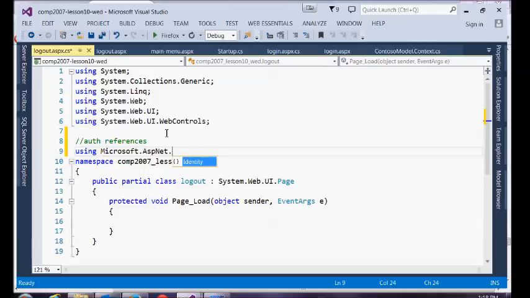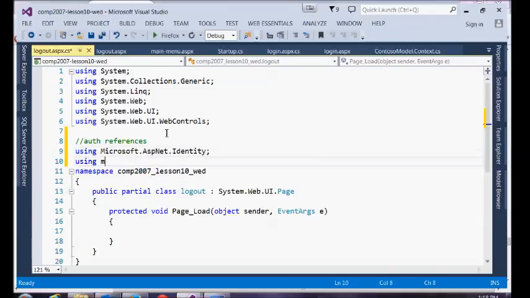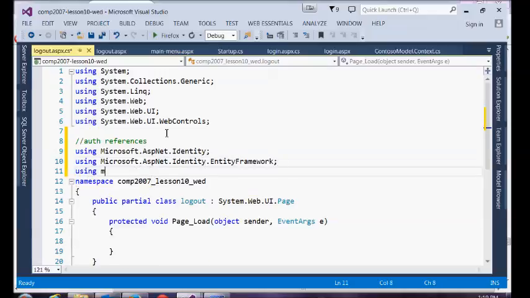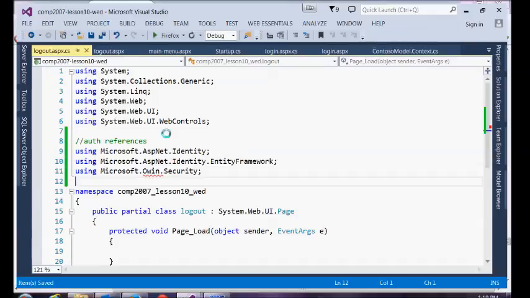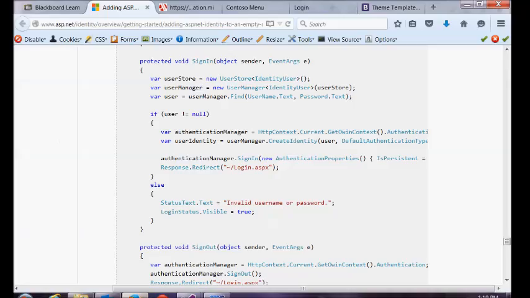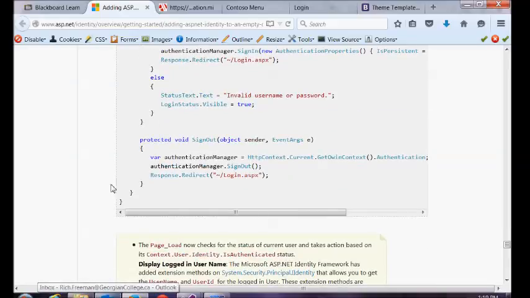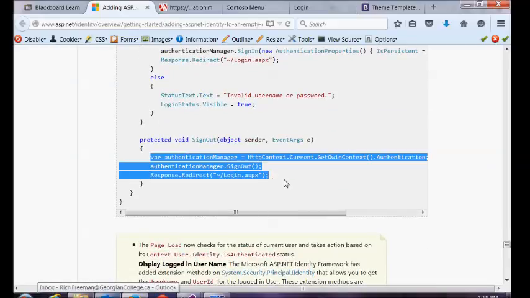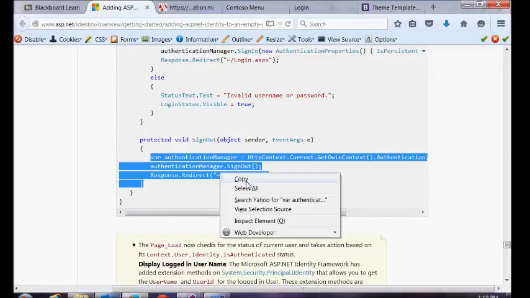So we'll use Microsoft.AspNet.Identity. So we'll make reference to those three packages one more time. And now I'll grab those 3 lines out of the tutorial